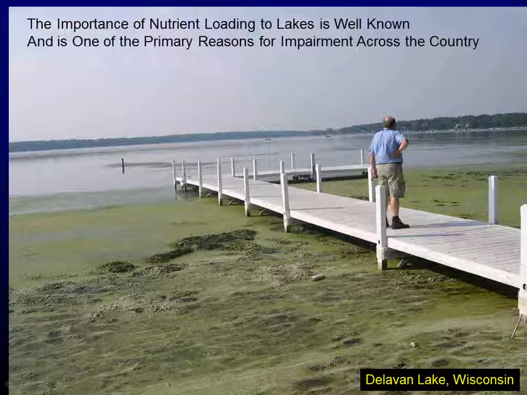Now with that, one of the things we're trying to do is really solve the problem. We're trying to go out there, find out where the nutrients are coming from, what the sources of those nutrients are, and then try to do something about it. Most of what we know about nutrients really comes from lakes like this. This is Delavan Lake in Wisconsin. And we know what's driving these algal blooms. It's nutrients coming in from the watershed. With that, we can use various models like SWAT or HSPF to model the entire watershed, figure out where the nutrients are coming from, what the sources are, and go out there and do something about it.